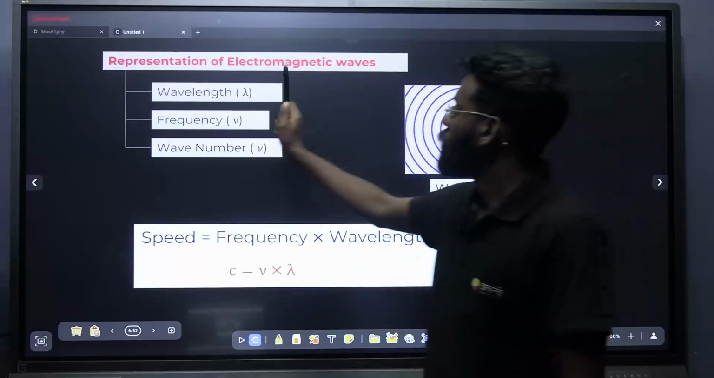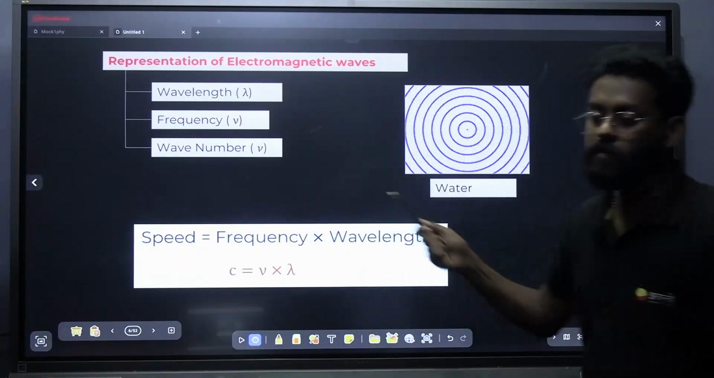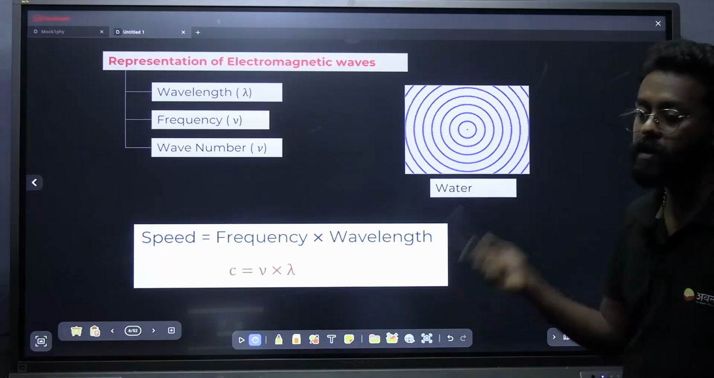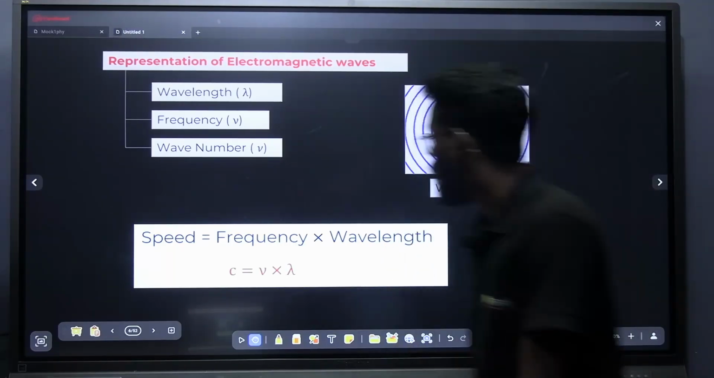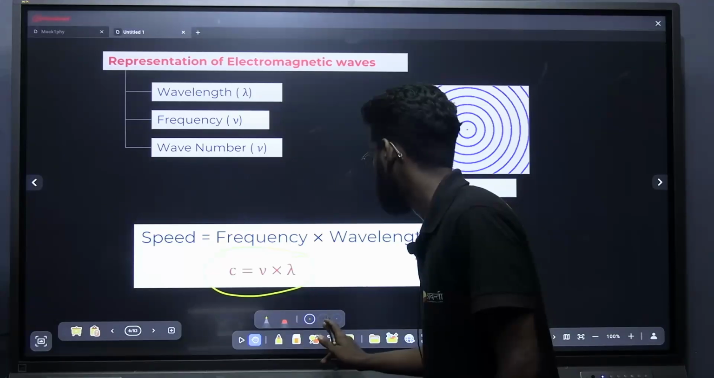First one is through wavelength, then frequency, then wave number. These are the three ways in which you can represent electromagnetic radiation. Okay. The only thing you have to note is the relation between these. This is the important one. The relation between